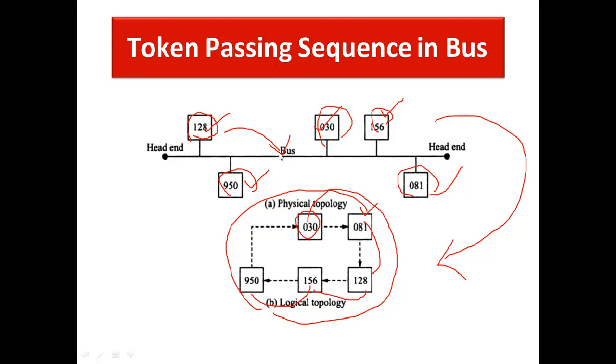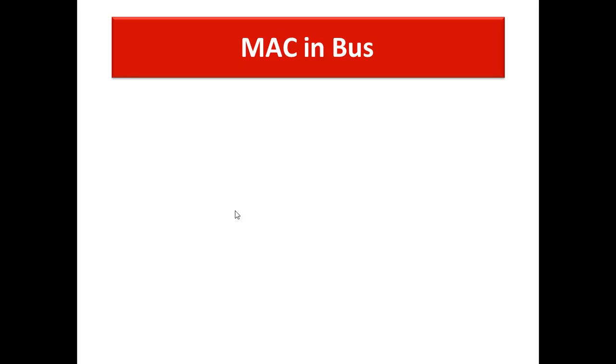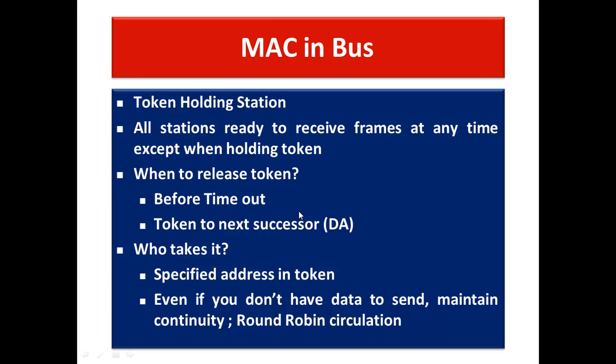And so how does the station come to know that it can take the token? Every station will look at the destination address in that particular token and see if it is for them. This is the token passing sequence concept followed in the token bus, unlike the token ring where you don't need to specify in the token the address of who can claim it. Okay, so we're going to do this. The token holding station